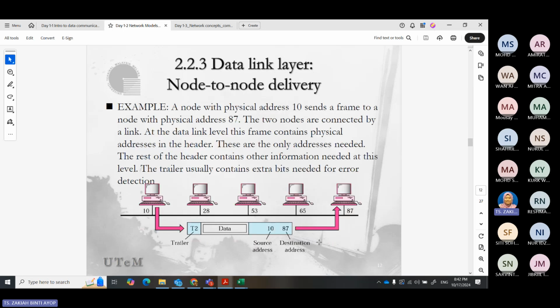Now, for example, a node with physical address 10 sends a frame to a node with physical address 87. When I say physical, it is not the same as the one on your layer 3, like 192.168.10.10.